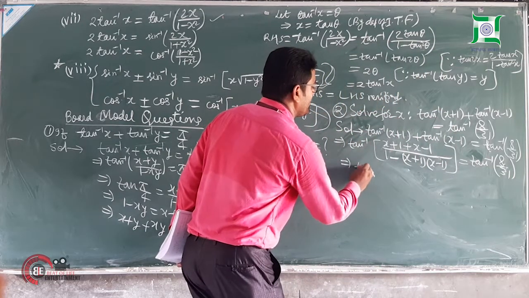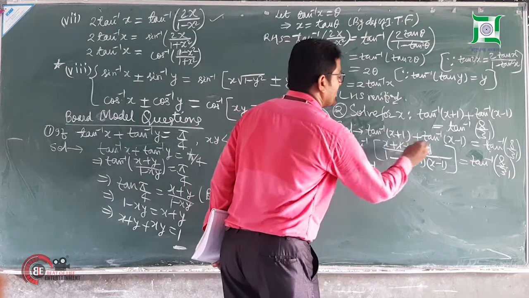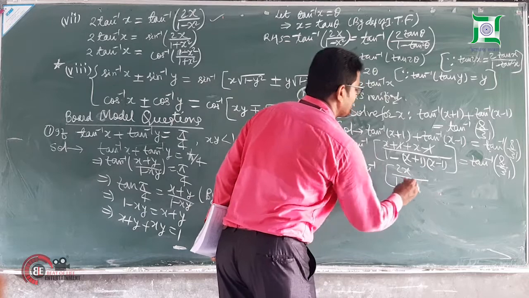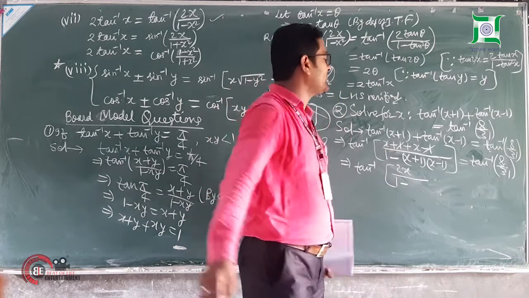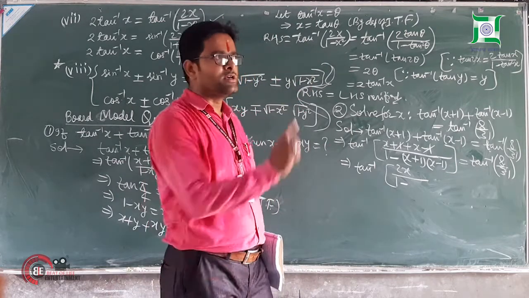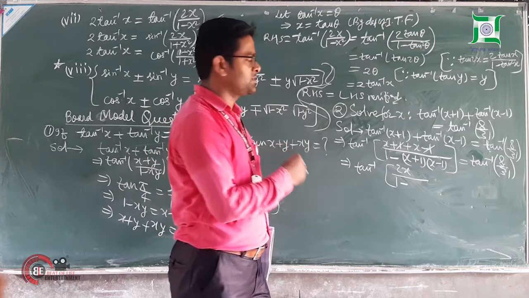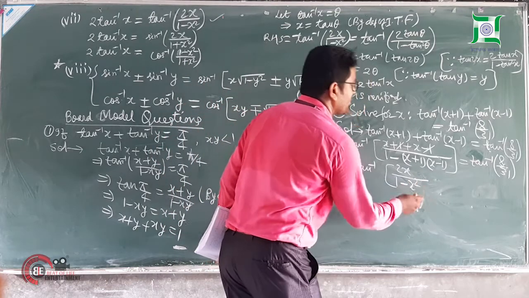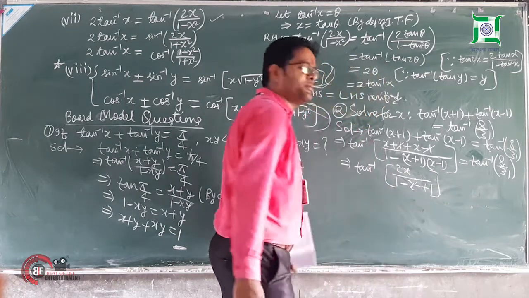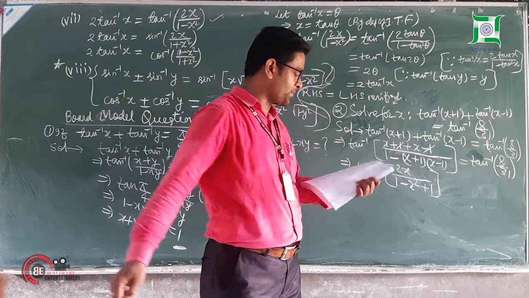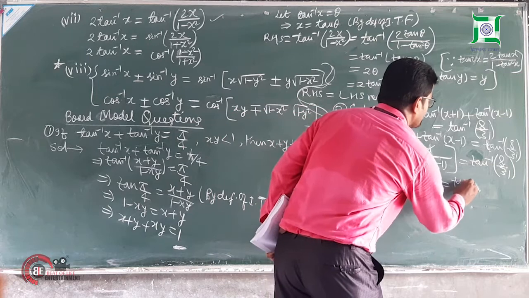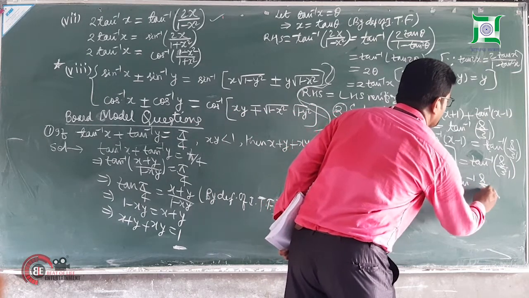Now it is tan inverse, 1 gets cancelled, it is 2x by 1 minus. Now see, (x plus 1)(x minus 1) will be x square minus 1 square. So x square minus 1 square multiplied with minus will be minus x square and minus minus plus 1. I hope everyone got this, how it is minus x square plus 1. So you have got it as tan inverse 8 by 31.